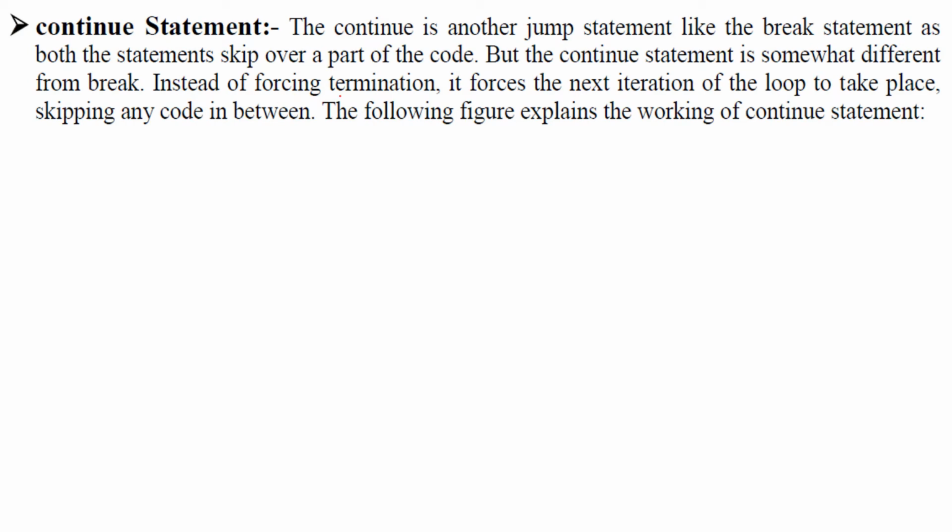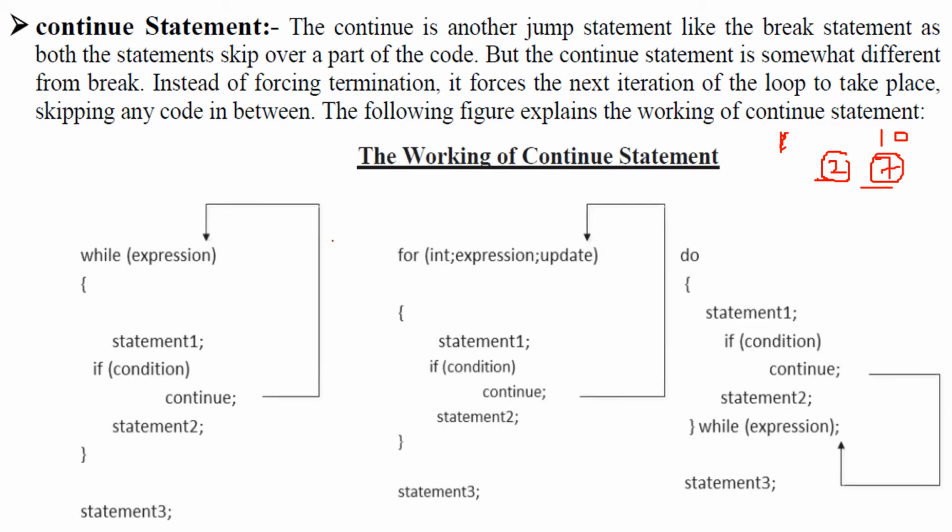Then the continue statement. See, you want to run the loop from 1 to 10, but you don't want to do anything for 2 or say 7. So this loop is going to run from 1 to 10. How to skip the execution for 2 and 7? For that we use the continue statement. So the continue is going to jump, or this is again a kind of jump statement. This is just like the break statement, but